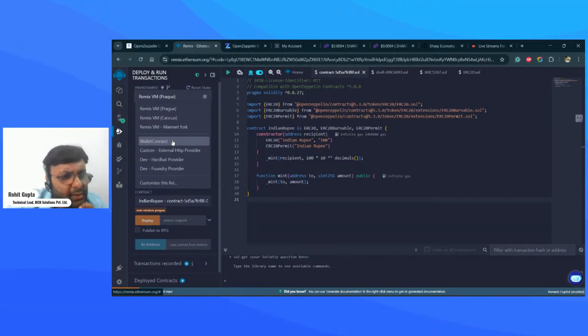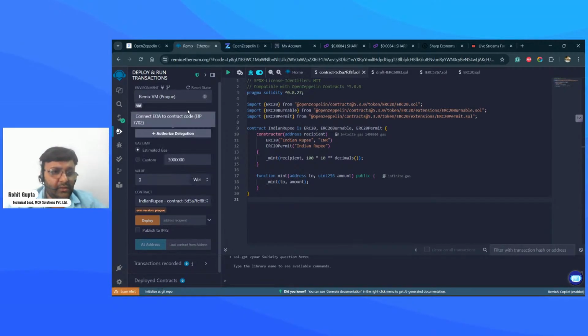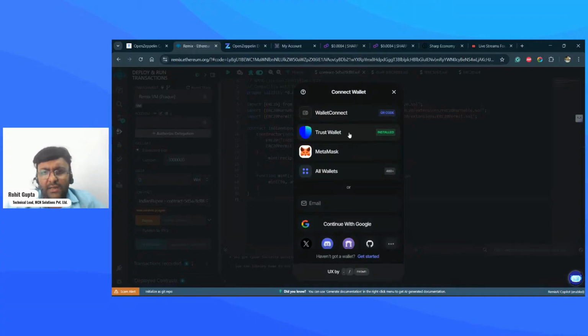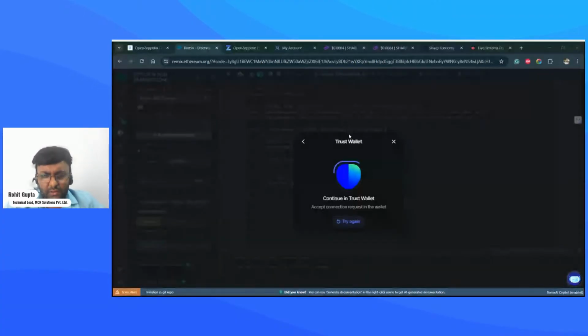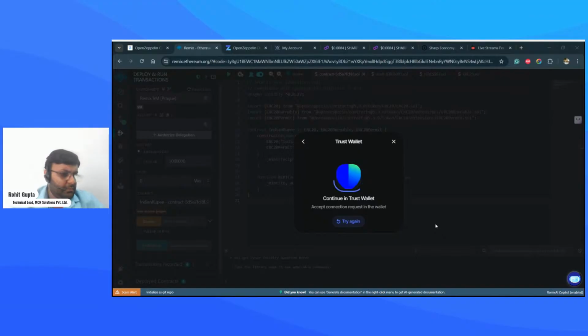By the way, I don't have MetaMask connected. Okay, Wallet Connect, and I have Trust Wallet installed. Trust Wallet is my browser extension.